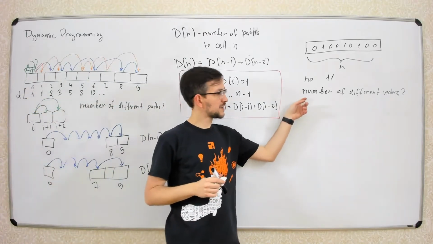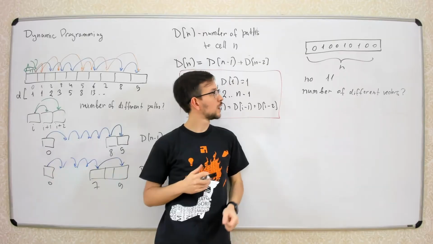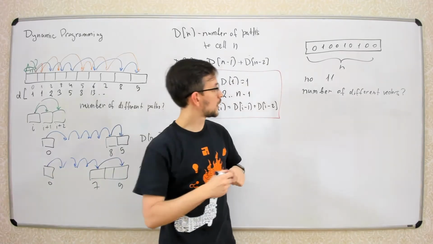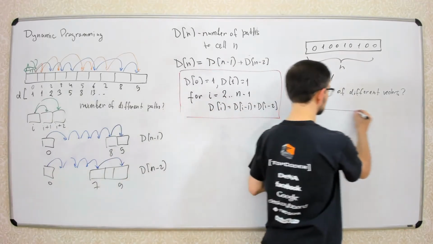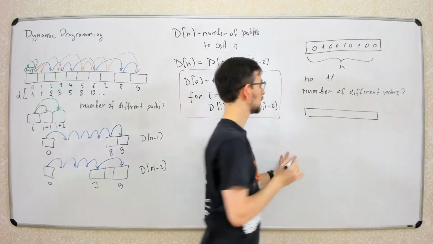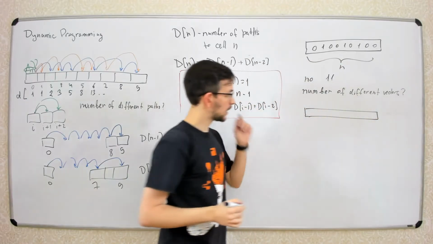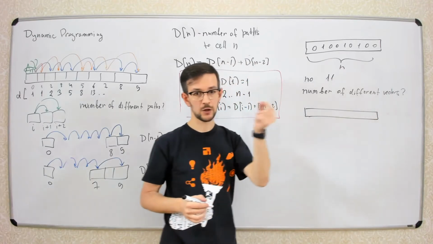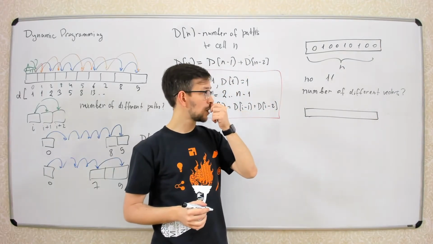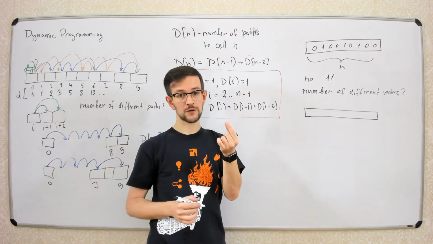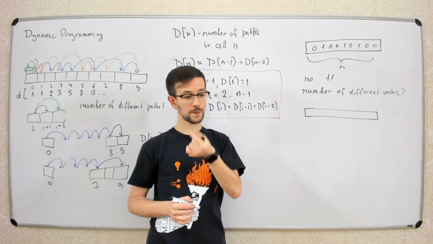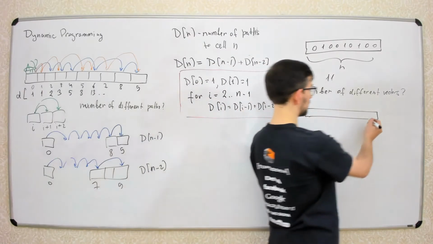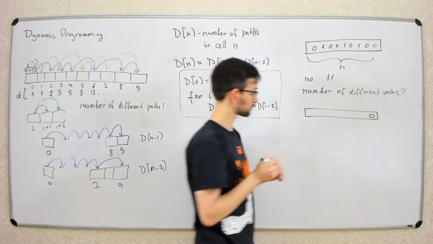How can you calculate this using the same technique? Let's see. We have this vector. Let's look, for example, at the rightmost position. What's happening in this last cell of the vector? There are two variants. We may have 1 or we may have 0. If we have 0 in the last position,